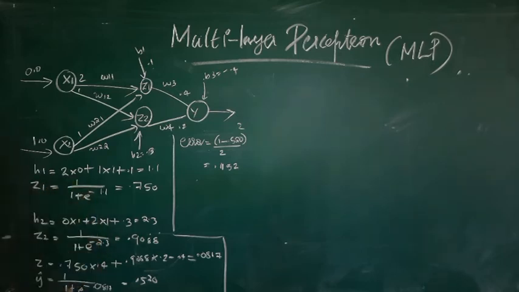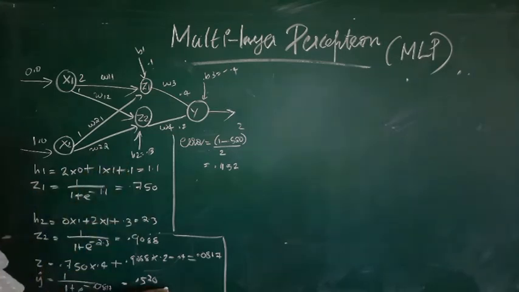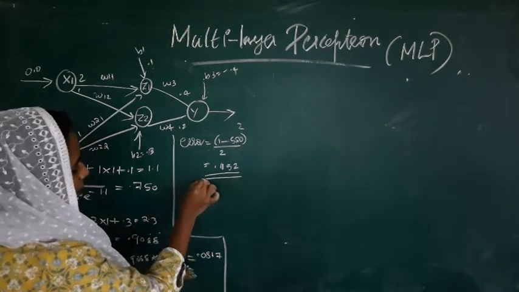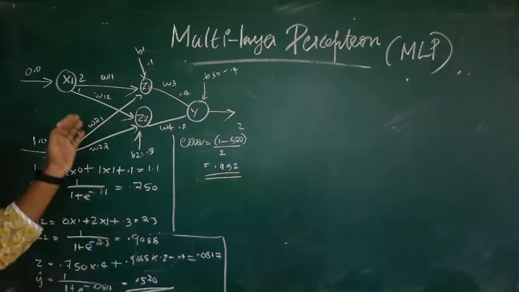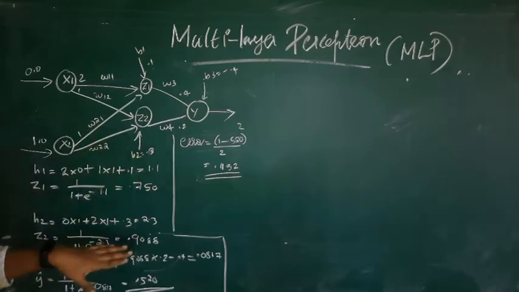This problem is one that we have solved in the previous video. If you haven't watched the video, please do watch it first. That is, we are calculating the output of the network, which is 0.520, and we are calculating the error 0.1152. We have calculated this in our previous video. So I am using this computation and this exactly same neural network to show the effect of backpropagation.